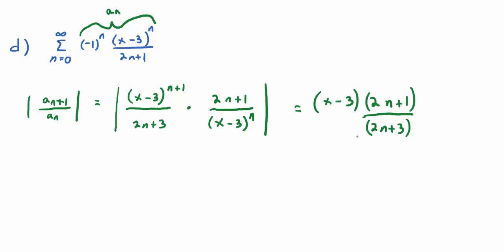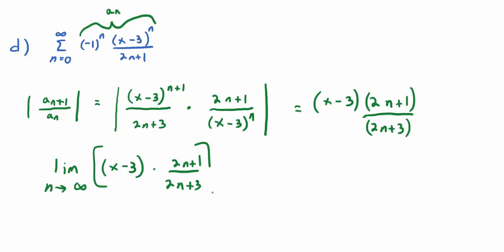Yeah? Okay. So now this is really a formula for the nth term of a sequence, right? We need to find what this thing does as n goes to infinity. So again, I'm going to use the limit notation, LIM. The limit as n goes to infinity of x minus 3 times 2n plus 1 over 2n plus 3. First of all, what could I pull out there? So it's the limit of this whole thing. What can I pull outside? Yeah, the x minus 3,